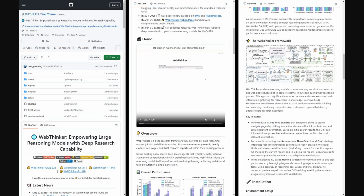Alright, and if you're curious about the inner workings of this WebThinker system and its deep web explorer, the good news is that the authors have shared the code for this work. You can find the WebThinker repository on GitHub. It includes the data, scripts to run the model, and even a demo so you can explore its deep research